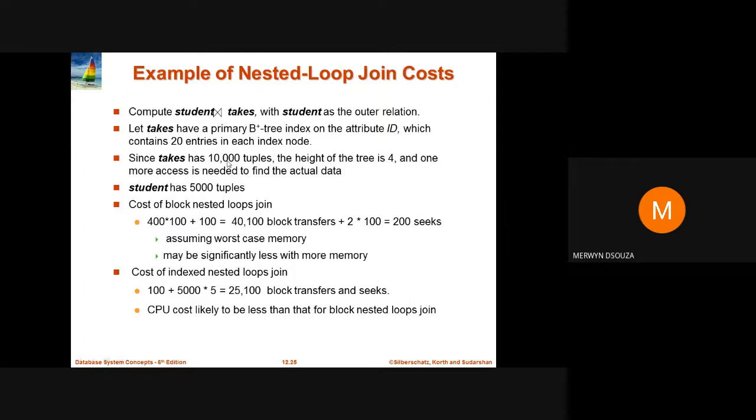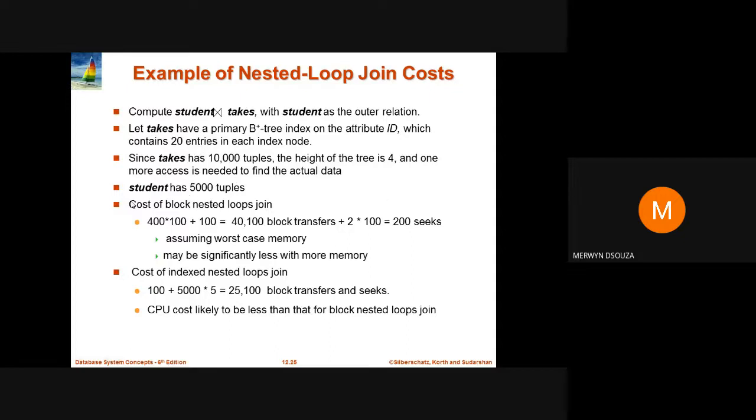Since the height of the tree is 4, we will need one more access to find the actual data. So actually it will be 4 plus 1 equal to 5. We have also mentioned in the previous slides that student has 5,000 tuples.